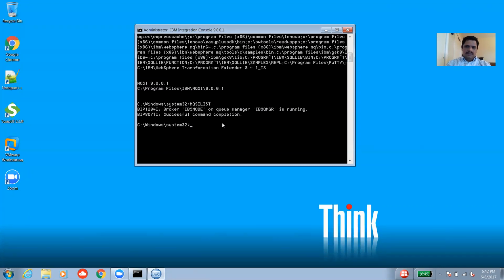Let me configure the ODBC adapter to this node. So how do I do that? The first command is, if you want to write it down, it's very important: mqsisetdbparms. The broker name here is IB9NODE, the -n flag, and the name of the DSN. If you remember, the name of the DSN is DBSAMPLE,